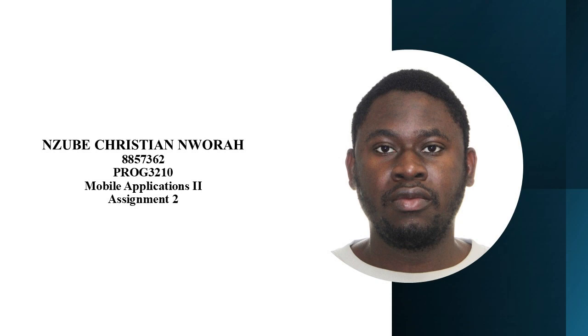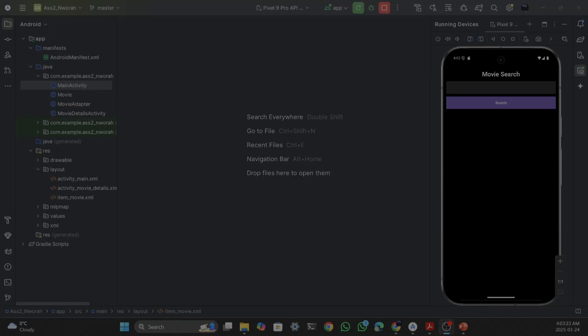I'm a computer programming student at Conestoga, and today I'll be displaying a movie search app that searches for a movie through an API called OMDB. I built this using Java, and I'll give an overview of how it works. As a user, when I click here,